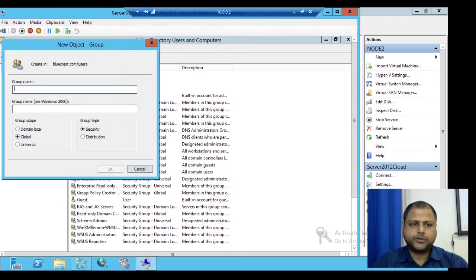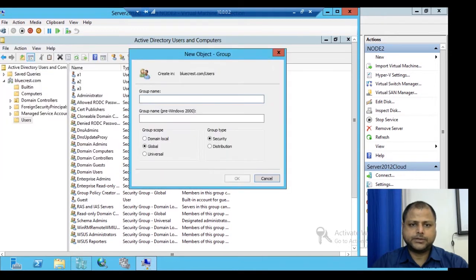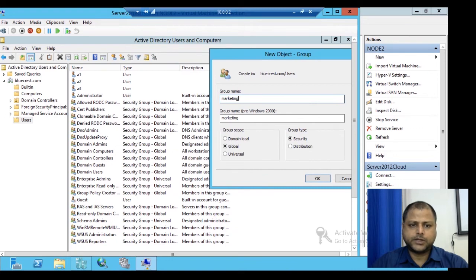When we come to the group, we can see that the wizard has appeared, and here the group name can be provided. So we'll provide the group name, that is Marketing. We can see that there are two group types, security group and distribution group. By default, the built-in groups are all security groups.